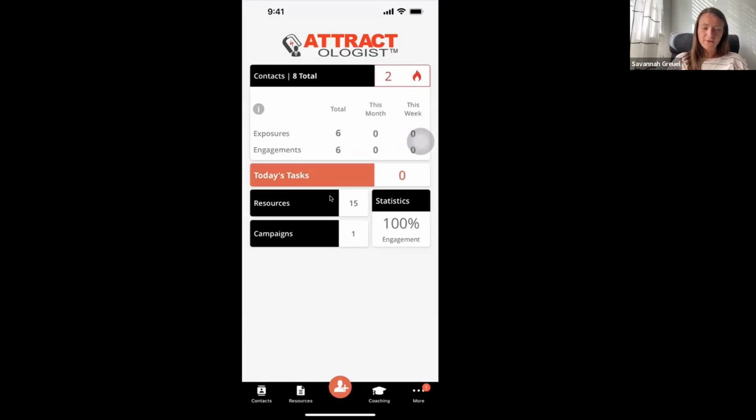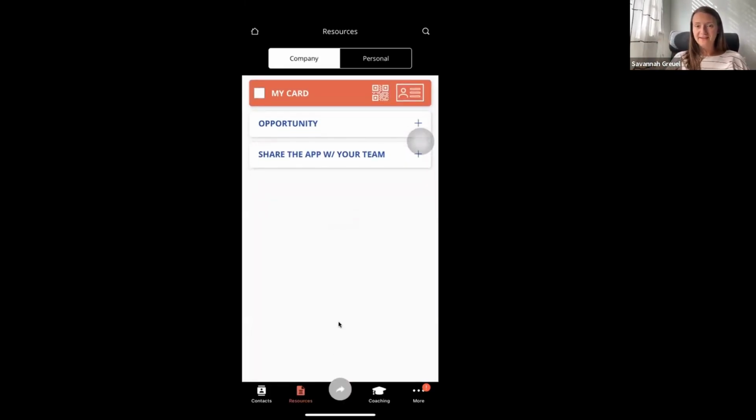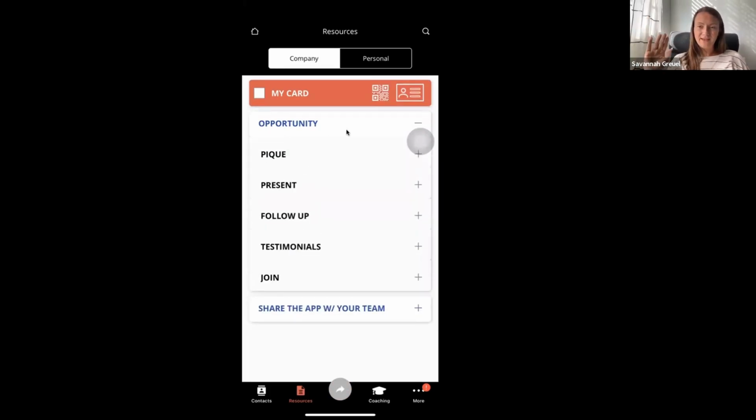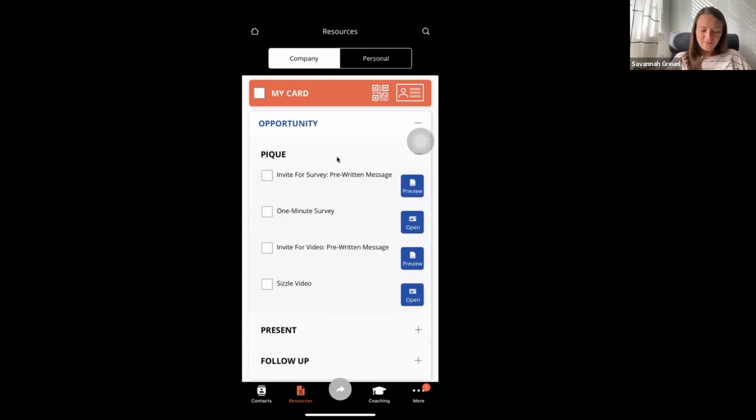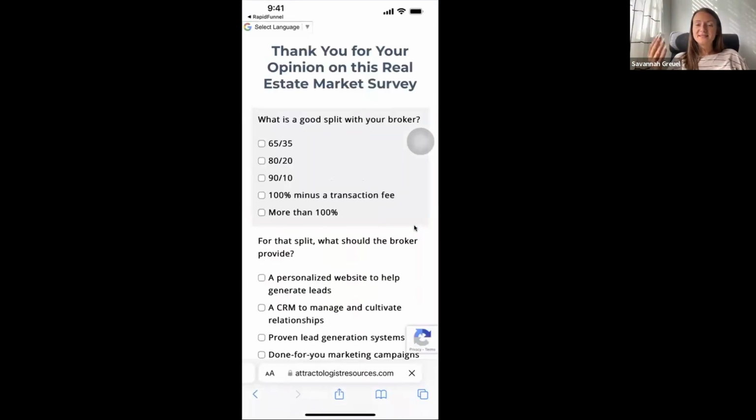Okay, in our app, if we're working with social media, we're going to go straight to resources and find the survey. How many of you have used the survey? Have any of you had a chance to dabble with it? Okay, perfect. To find the survey, you can use the search button, or you can just go and dig. It's right under peak. This is the 1-minute survey. It's helpful if you go and take the survey yourself, so you understand what people are going to be experiencing, that user experience. It's really powerful, and you'll also understand the problem-aware nature of the survey.